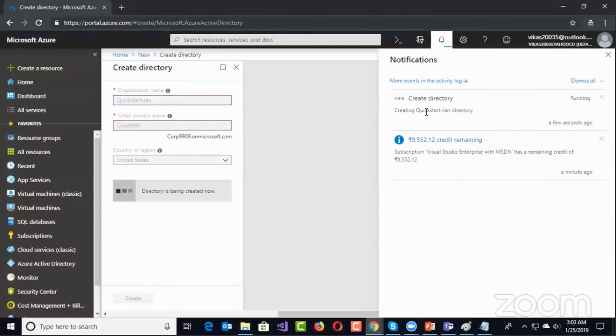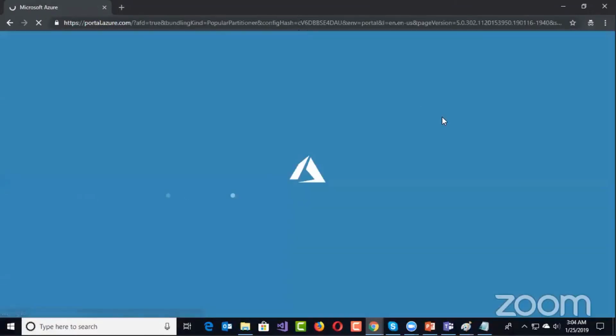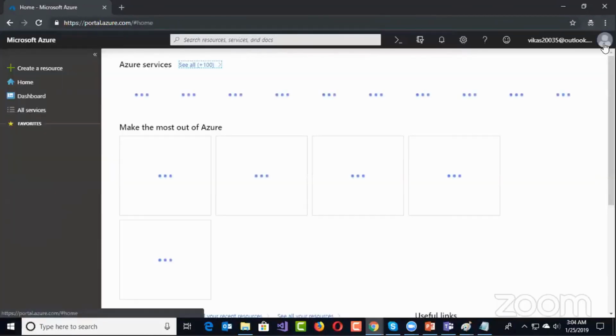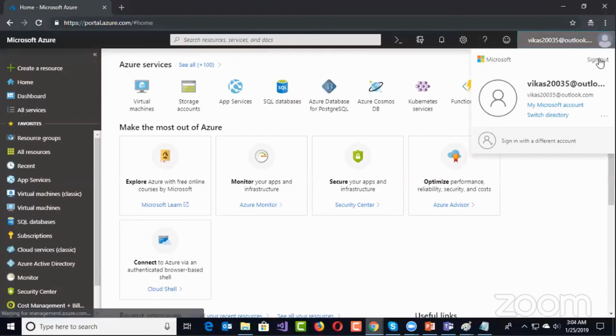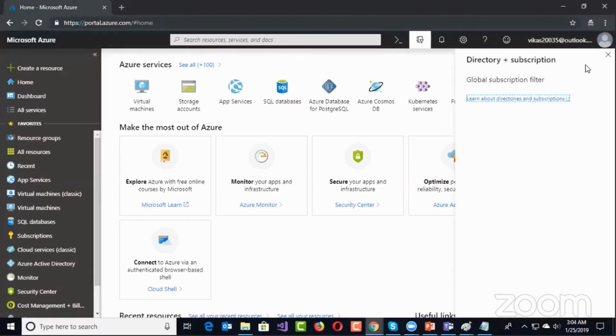So once this is done, I'll switch the default directory to this directory. So this is done. I'll refresh the portal and switch directory from my default.